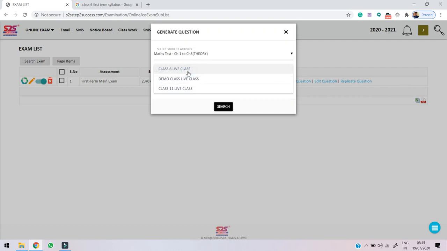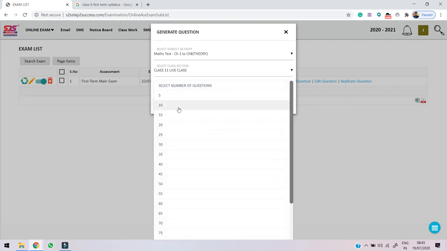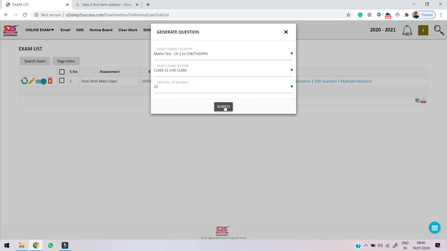Then you have to select class, for which class you are going to create questions right now. Suppose I'm going to create questions for class 11, then I have selected class 11. Then next we have to select the number of questions. Suppose the number of questions is going to be 20, so I'm selecting 20 here. Then click on search part.